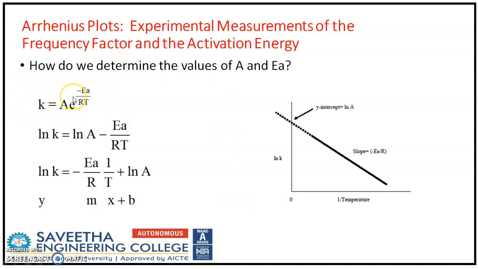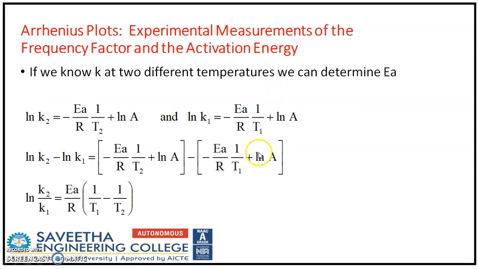From this Arrhenius equation, how do you determine the value of A and Ea? A is the collision factor and Ea is the activation energy. So if you apply ln on both sides of this equation, ln K is equal to ln A minus Ea by RT, and e gets cancelled. So this is the equation. Considering this equation as y is equal to mx plus c, if you plot the graph between ln K and 1 by T, the graph is like this, and the slope is minus Ea by R, and the intercept is ln A. From this, we can easily measure the value of A and Ea, that is the collision factor A and the activation energy.